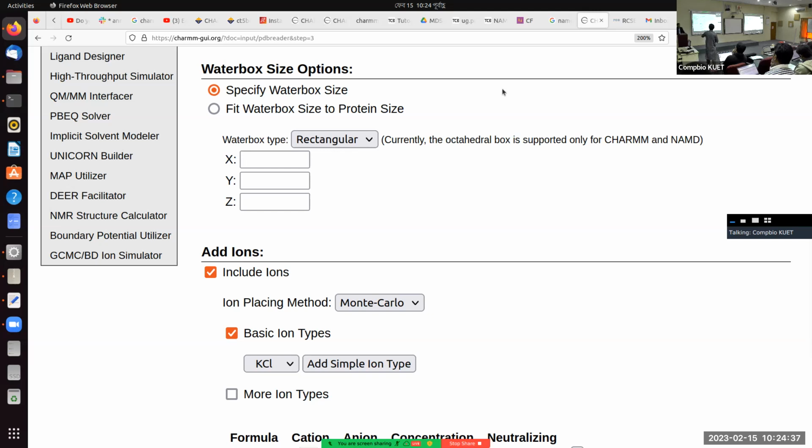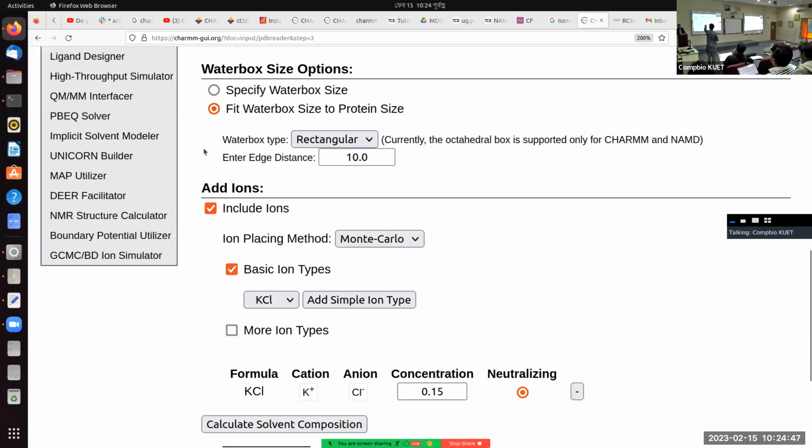Also, it should be larger than your protein size, I guess. Well, it says that, no, let's check the next box, not the specific one. Yeah, so this one says the edge distance should be at least 10. But I personally go to 15. Okay, the reason is,